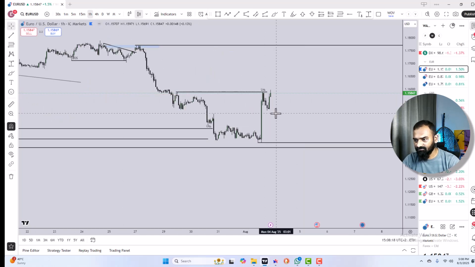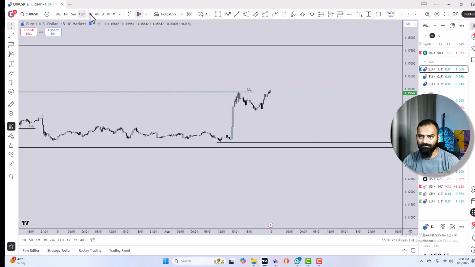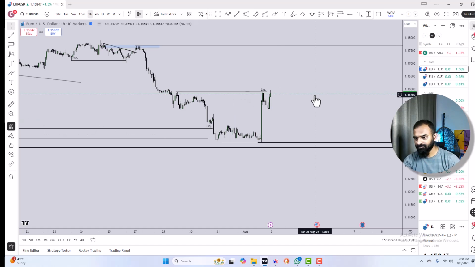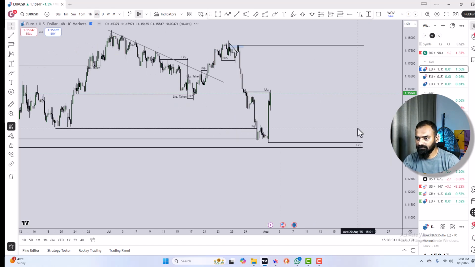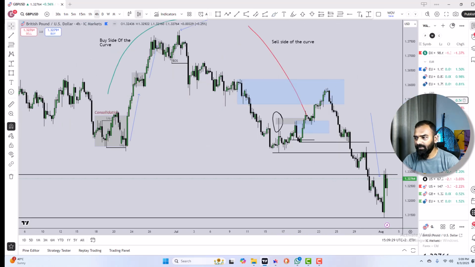On 1 hour chart, nothing much. So my bet is I will see Monday and Tuesday how it is going to print, but most probably it is going to take out this liquidity level. Now GBP,